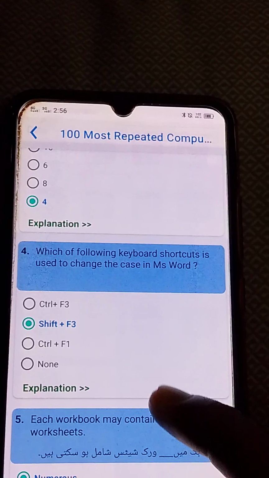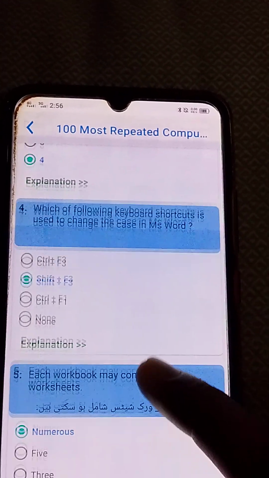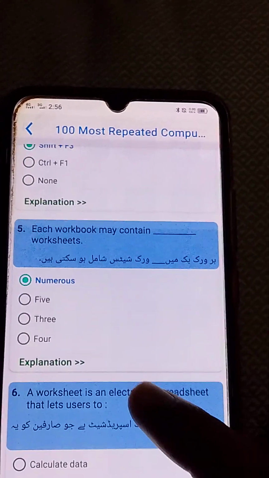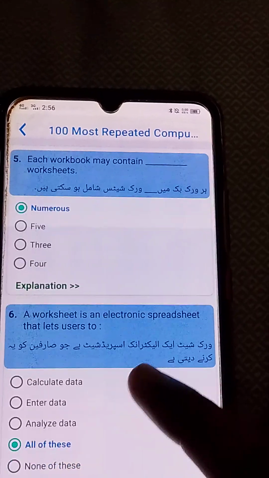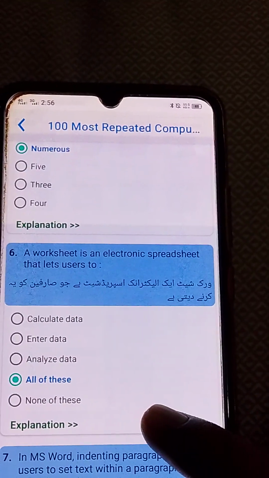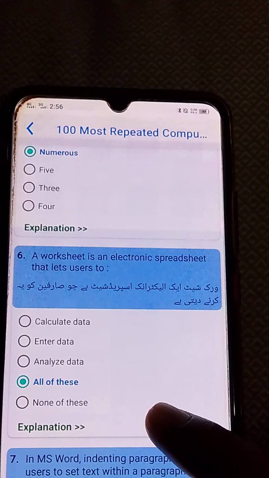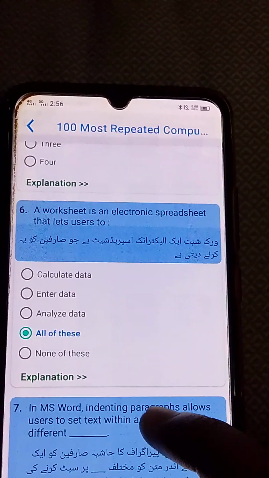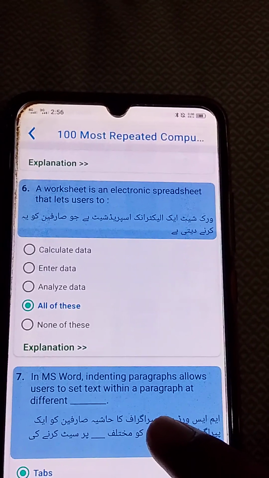Which keyboard shortcut is used to change the case in MS Word? Shift plus F3. Each workbook may contain numerous worksheets. A worksheet is an electronic spreadsheet that lets users calculate data, enter data, and analyze data.